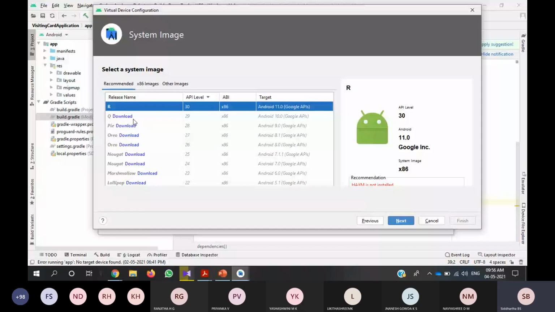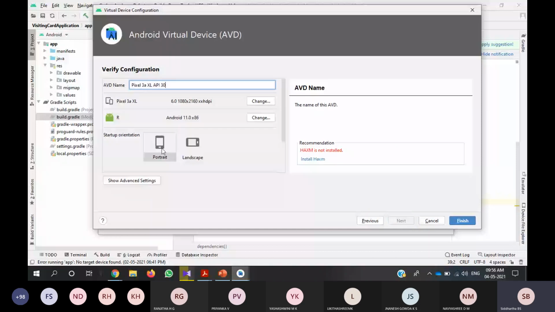In my device, HAXM is not supported, so I couldn't install this. In your device, if it supports, go for it and click next, and it will say startup orientation. Go for portrait only, then click on Finish. Okay.